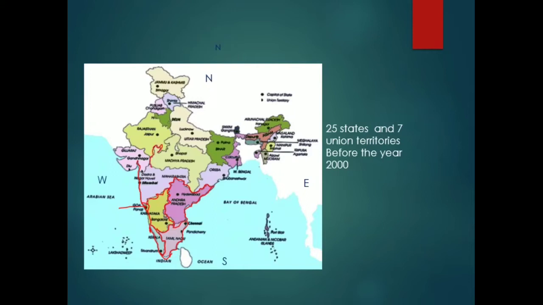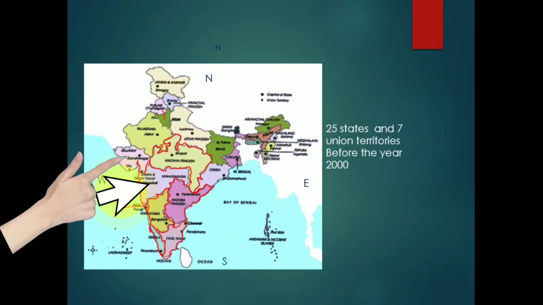Now we'll move to the central part of the country. What is the state located at the center of the country, children? That is Madhya Pradesh. Once you locate Madhya Pradesh, it is very easy to locate all its surrounding states. So now we'll move towards the south direction. See children, just now it is highlighted, that is Maharashtra.